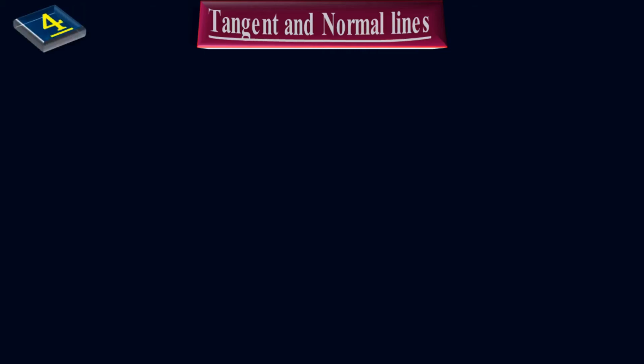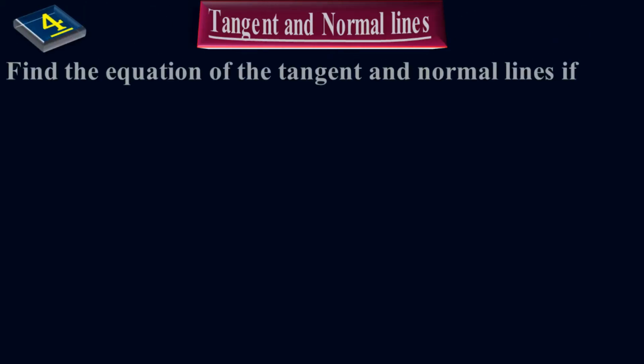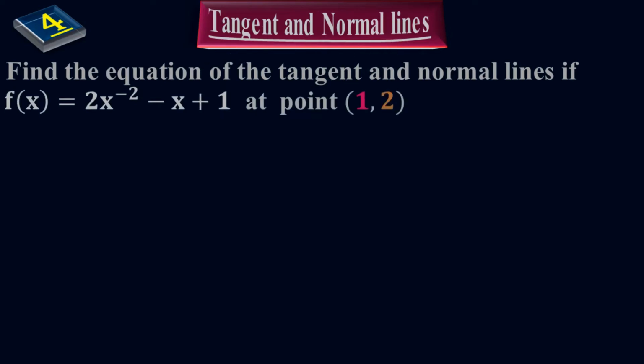Example number 4. Find the equation of the tangent and normal lines if f of x equals 2x to the negative 2 minus x plus 1 at point (1, 2). Here the question asks about the equations of both the tangent and normal lines. The given function is 2x to the negative 2 minus x plus 1, but the coordinate point has been given,